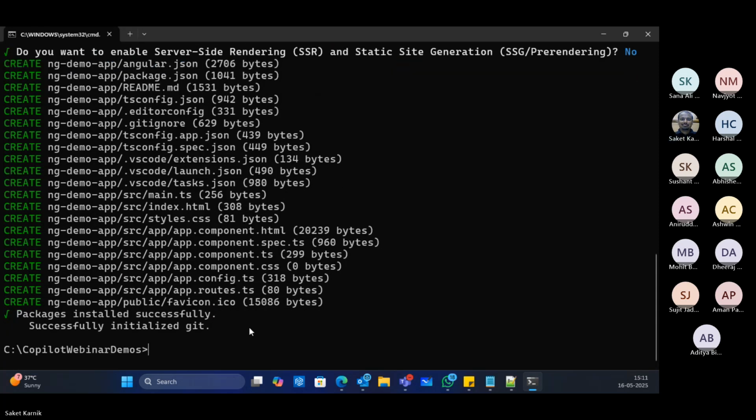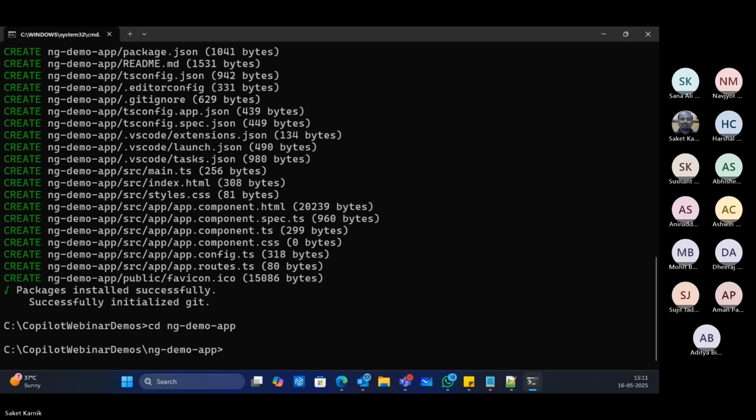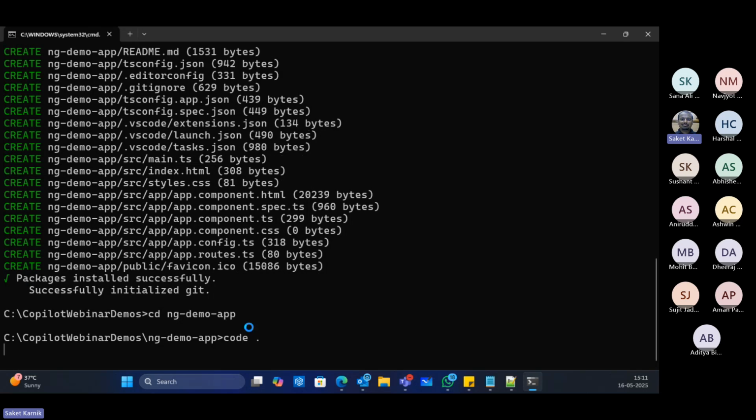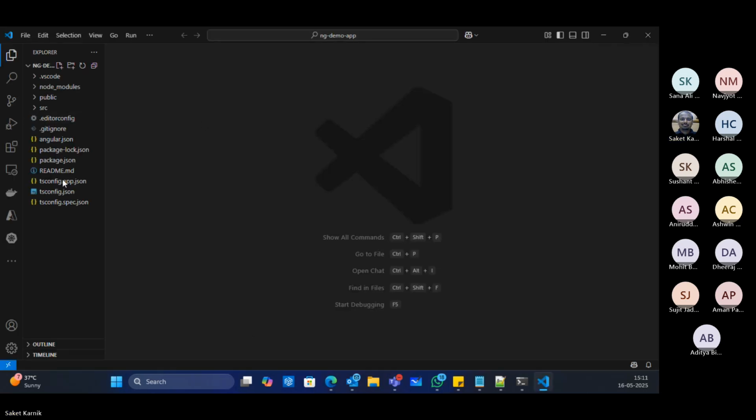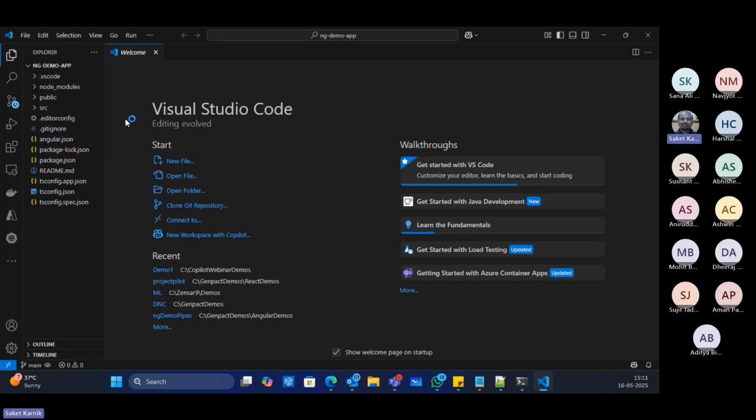Okay. Here I say cd ng-demo-app, and there I say code space dot. So my Angular app is ready.